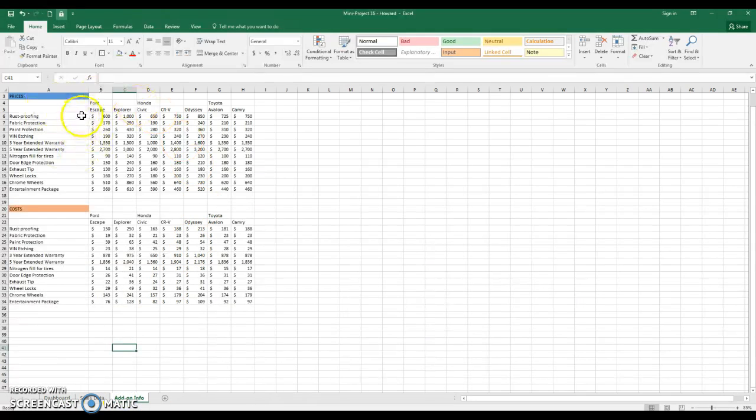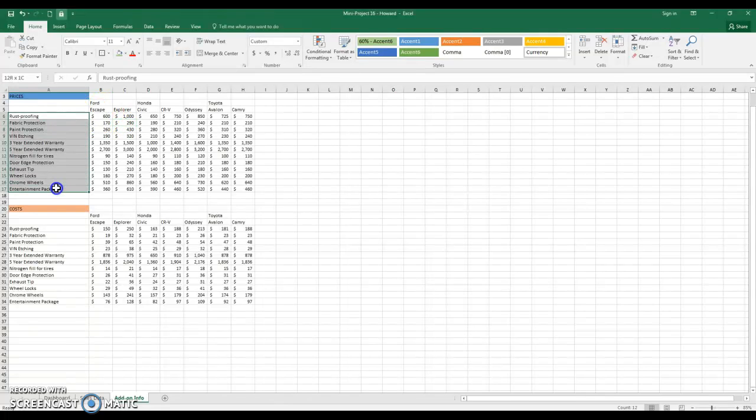So we'll start off over here with this guy. And what I did first is I named all my fields. So if I highlight this, I named this all options that we can pick from. Okay. And so then,